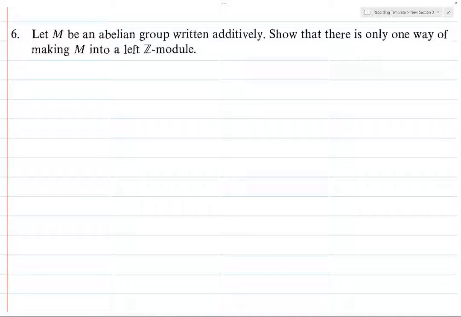Alright, so we want to show that there is one and only one way of making an abelian group M into a Z module. So we want to show existence and uniqueness of this Z module structure. So for existence,